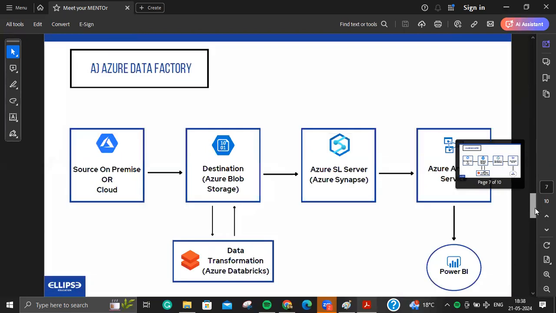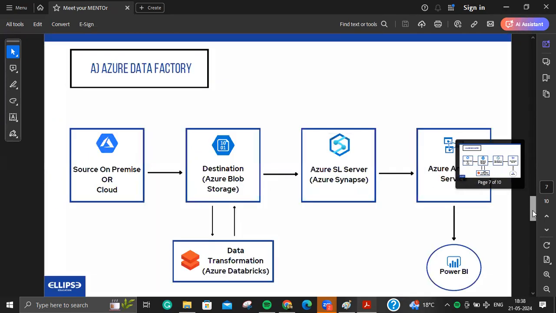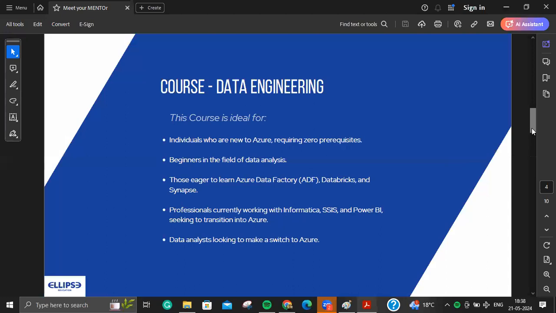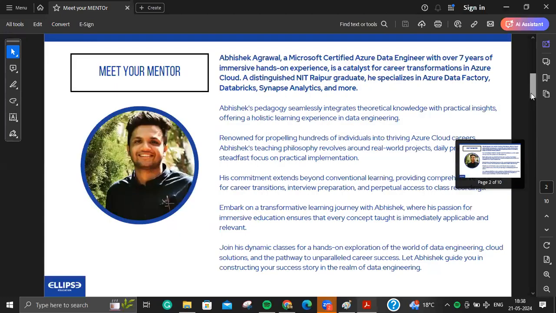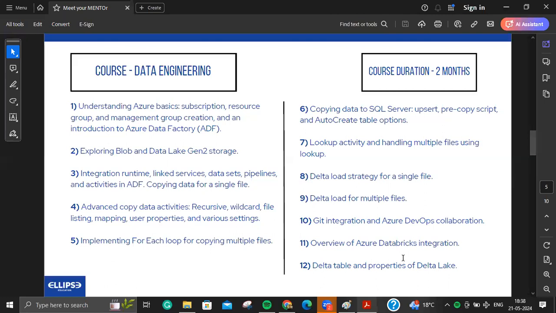First of all, we will start with this particular architecture, as there are three architectures as I told you. That is what we'll do as a first step. But before jumping into the course, we should also understand what data engineering is, and what the roles present in data engineering are. That we should understand first.